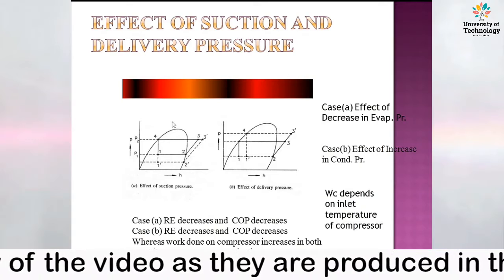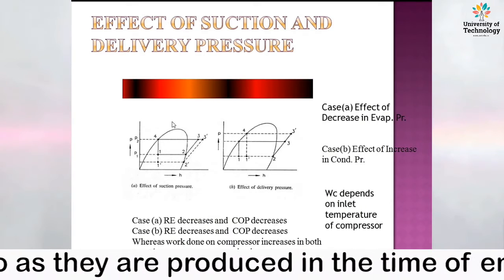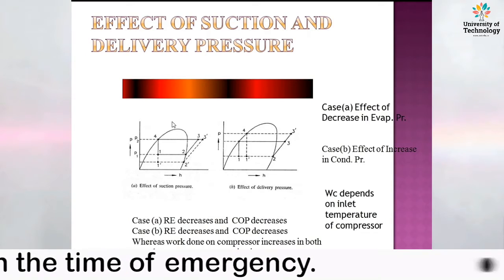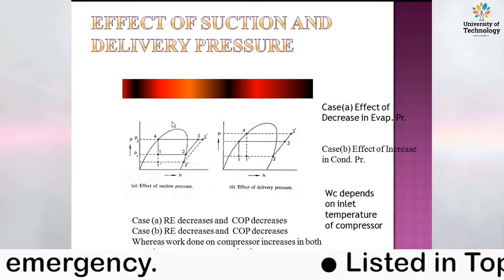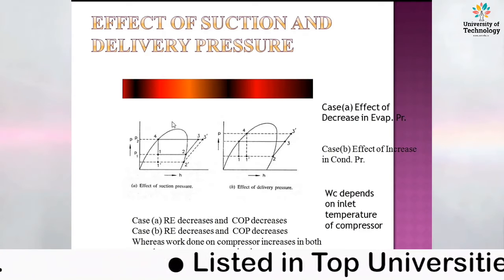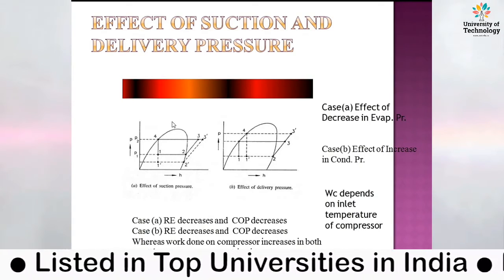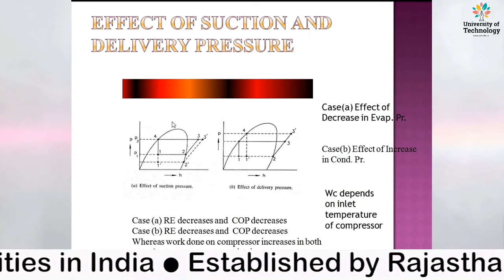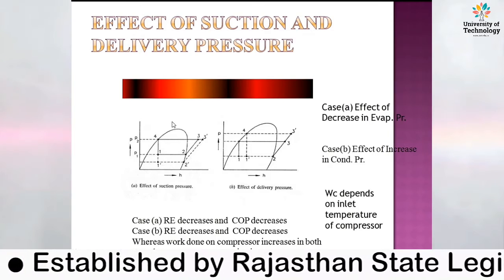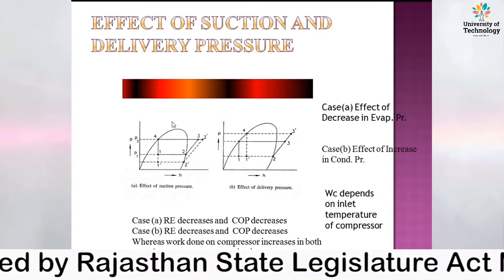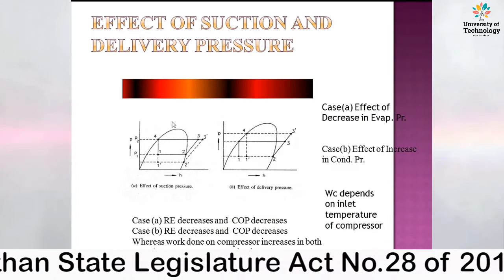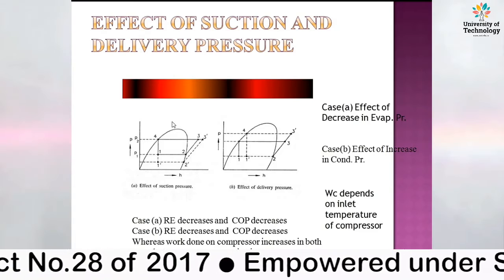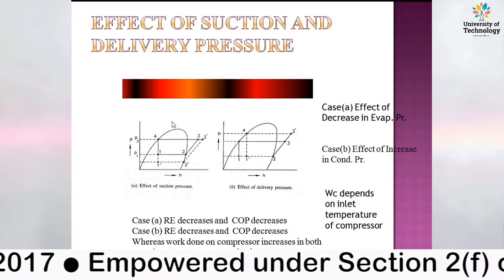For the same cooling effect as compared to the initial condition, when reducing the evaporator pressure, the mass of refrigerant flowing through the evaporator should be greater than in the initial condition. If the mass is greater, a large amount of refrigerant has to flow, so the size of compressor required is high, meaning a larger compressor is required in that condition.